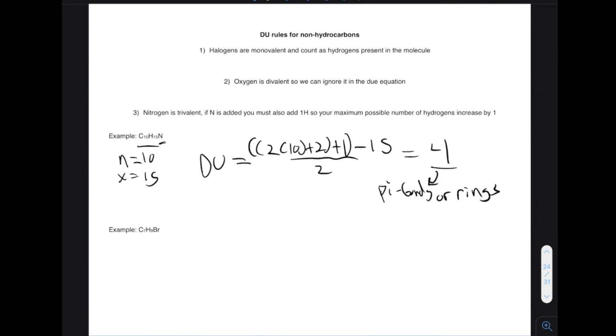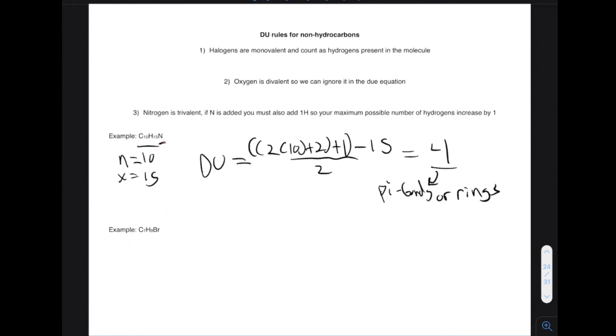But if you draw it out and you're like, I have the 4 degrees of unsaturation here, but I don't know if this is correct, just go through and count the number of carbons, hydrogens, and in this case nitrogens, and see if it comes out to the example total here. And as long as you're following your octet rule, right, make sure everything is happy and there's no formal charges, you should be good to go. Maybe we'll go over these examples in class and draw out some different molecules and see if there are any